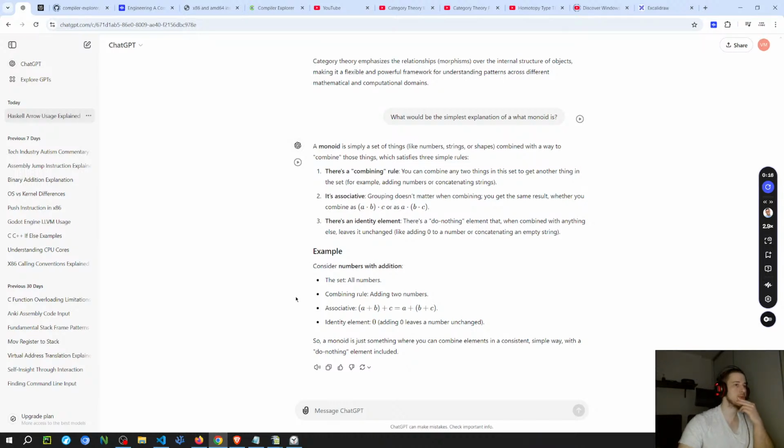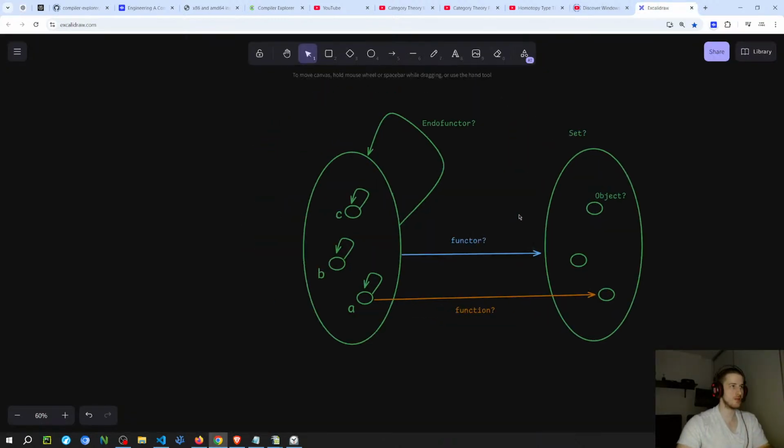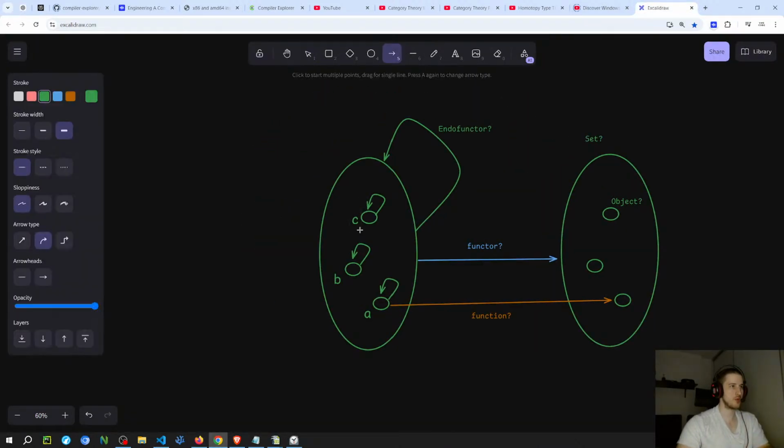This part I think is kind of weird, because I don't remember really well, but it's basically saying that the monoid would be the transformation inside of the set from one object to the others, because that's something that they talk about as well.